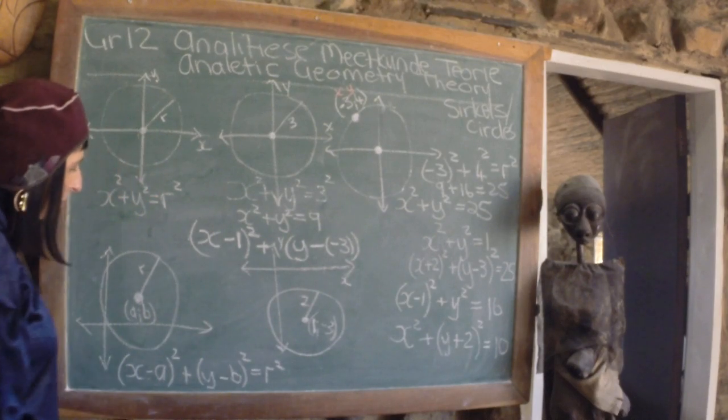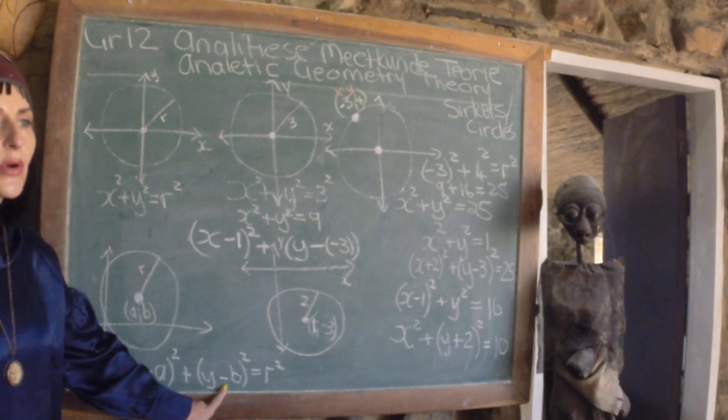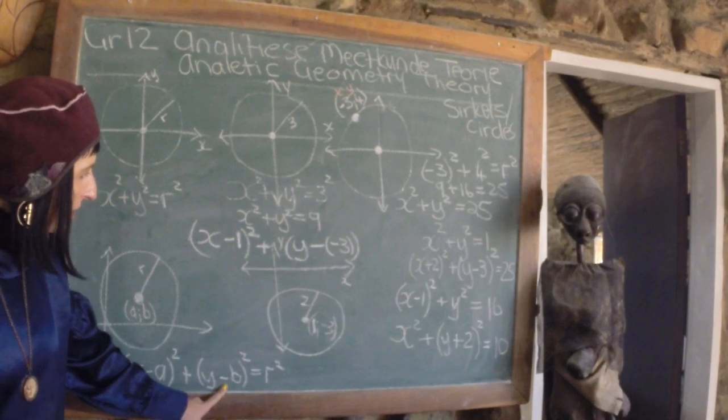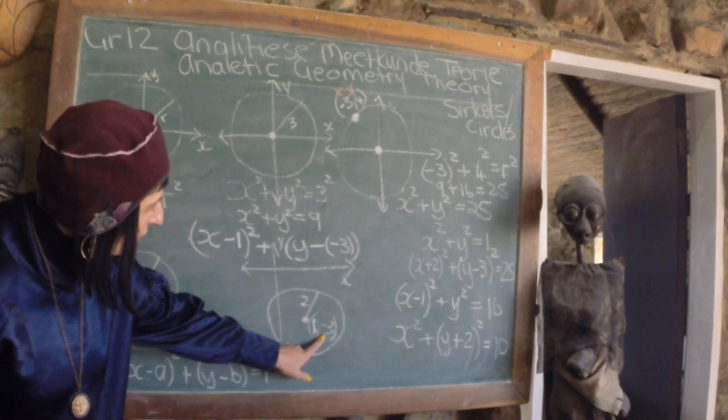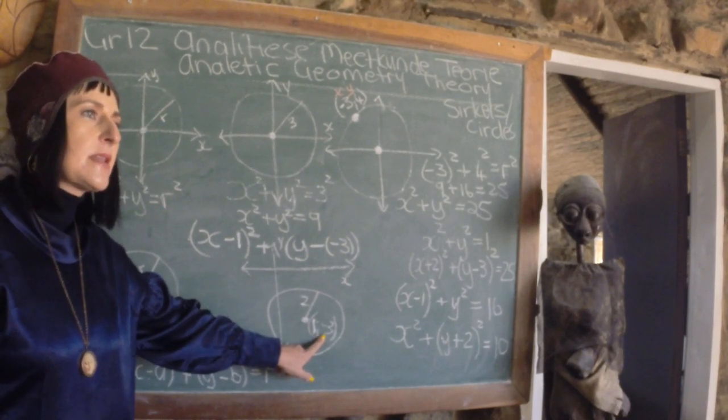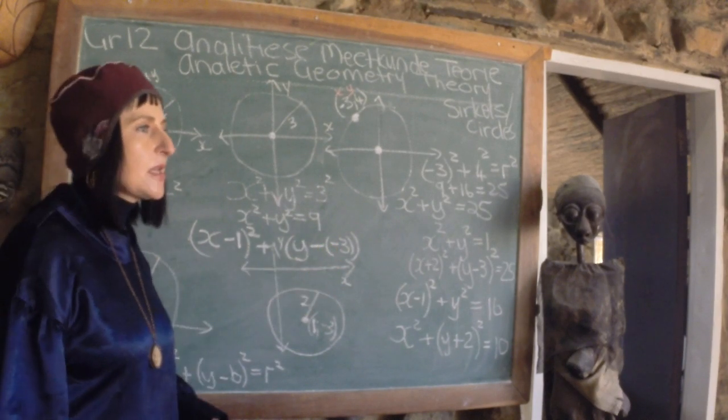Why? Because in the standard equation there's already a minus. So if you insert a coordinate that's got a minus in it as well, it's two minuses next to each